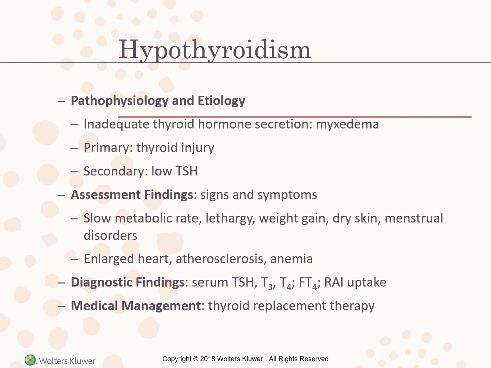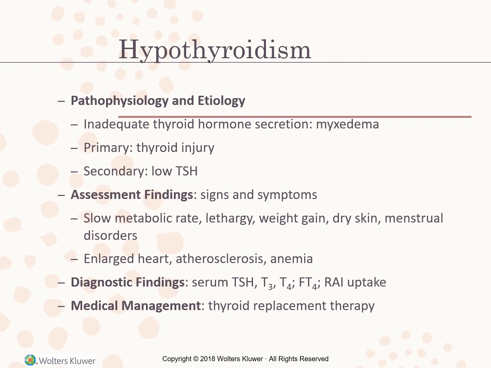So the way we would diagnose this, in primary hypothyroidism, levels of TSH are increased because of the negative feedback to the pituitary gland. And so it is the low levels of thyroid hormones that cause the pituitary gland to increase secretion of TSH. The level of FT4 will be decreased, and the RAI uptake may be decreased. The T3 and T4 levels will show no response in primary untreated hypothyroidism, but may show a response if hypothyroidism results from failure of the pituitary gland to secrete TSH.